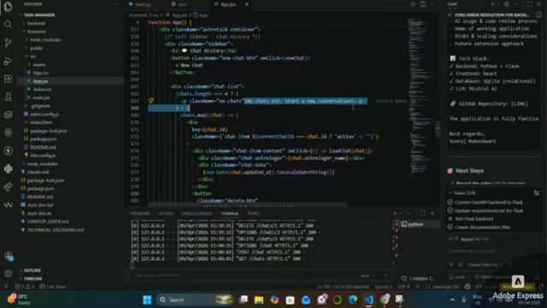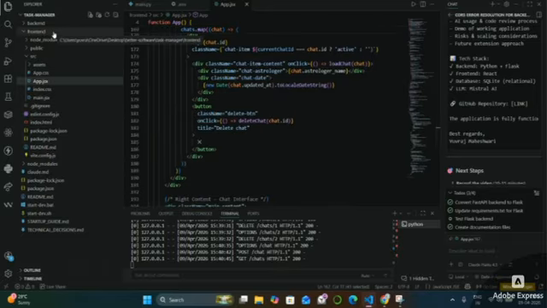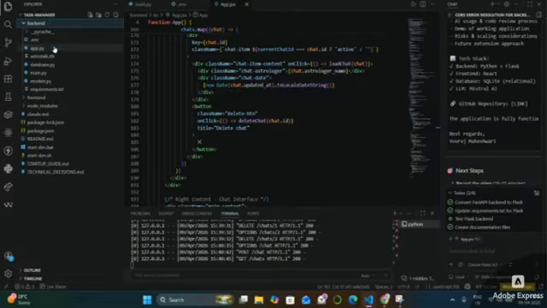The app.jsx contains most of my front end code. Secondly, in the case of backend, I have used Flask, that is a Python backend framework,